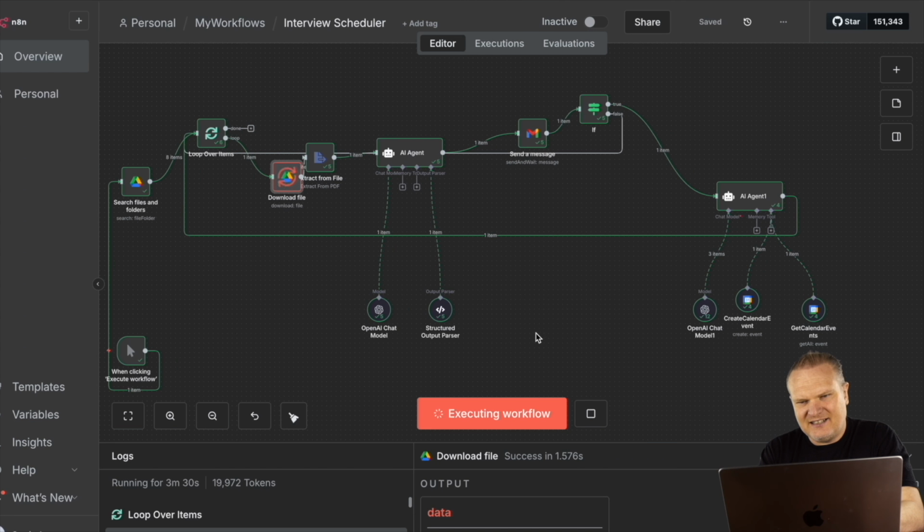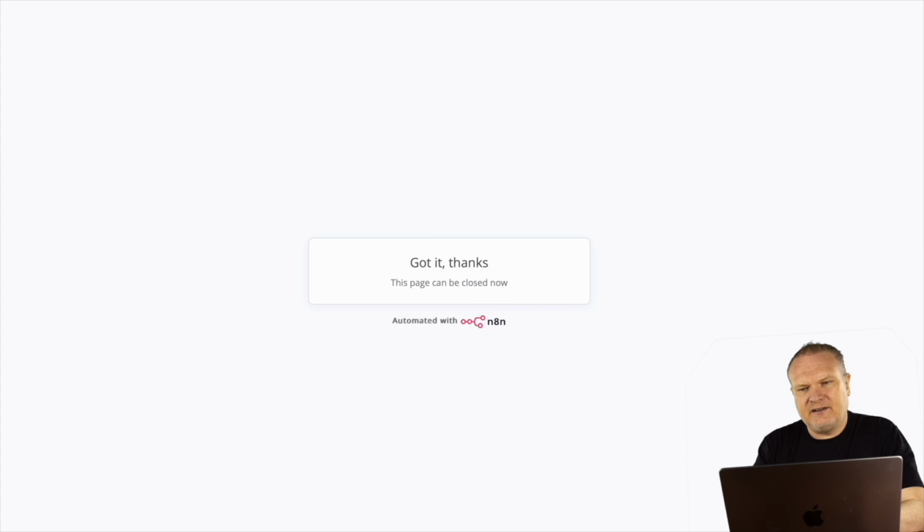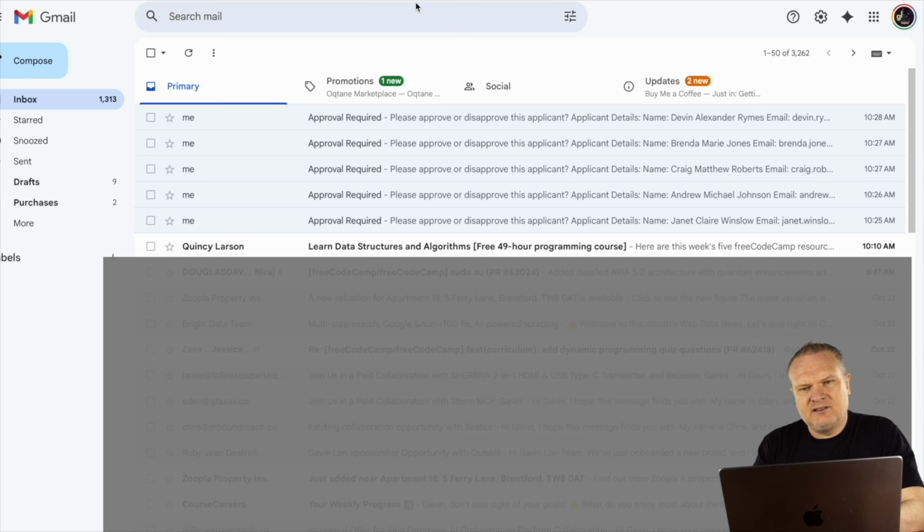Let's go back to n8n, and you can see it hasn't gone through the AIAgent 1 here to create an interview event within the relevant calendar, and it's actually gone on to process the next applicant and stopped at send a message. This is the human in the loop part of the process. So let's go back here and see what